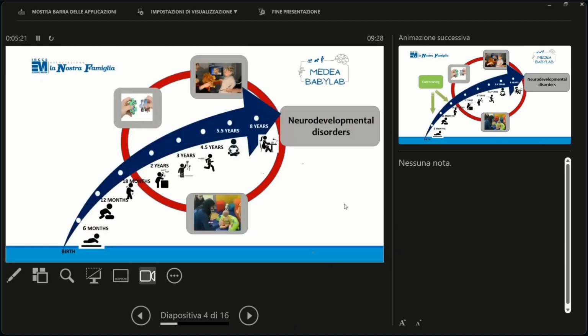And this is what we are trying to do at the Medea Baby Lab, where we have longitudinal studies going on. We are interested in neurodevelopmental disorder, and we study this by means of this longitudinal design, starting at 6 months of age, testing babies and kids every 6 months in development in order to assess the typical and the atypical developmental trajectory, because we are testing also babies that are